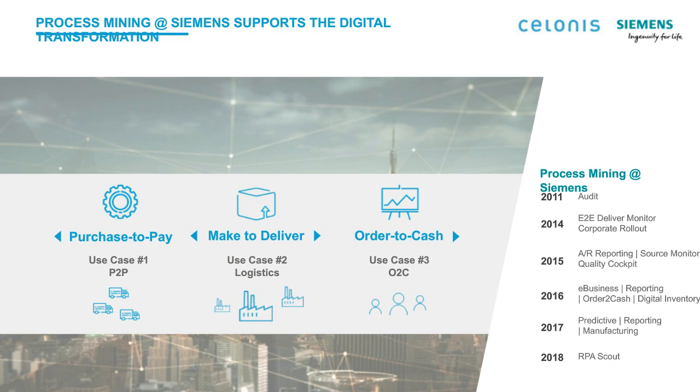So from a purchase to pay perspective, they look at the purchase orders that come through the system, look for changes in price, changes in quantity, so that they can make sure to find and eliminate those. And another key area for them on purchase to pay was looking at payment terms and making sure they're optimizing when and how they pay